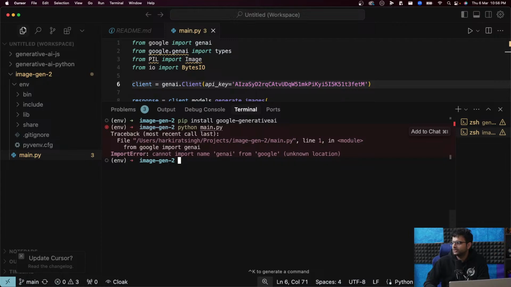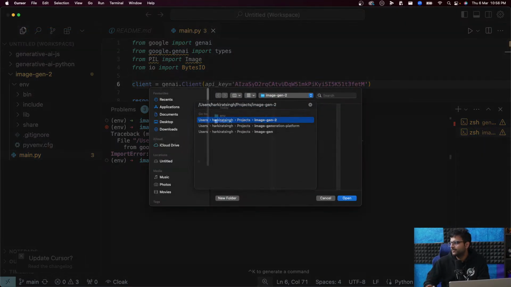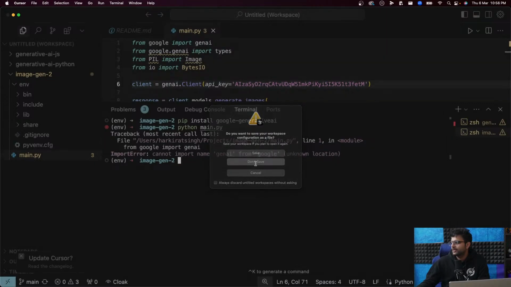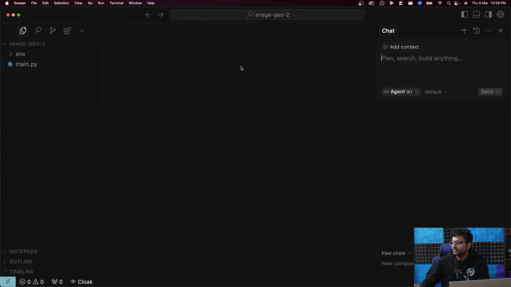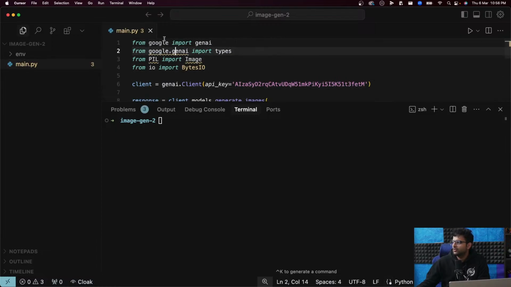still don't have a few modules. Cannot import GenAI from Google, unknown location. Okay, let's open this as the only folder. That way we'll get IntelliSense over here. Main.py. From Google, I don't see Google here.